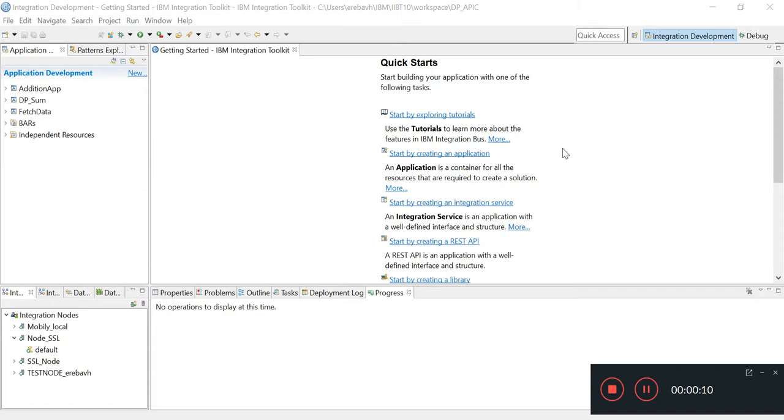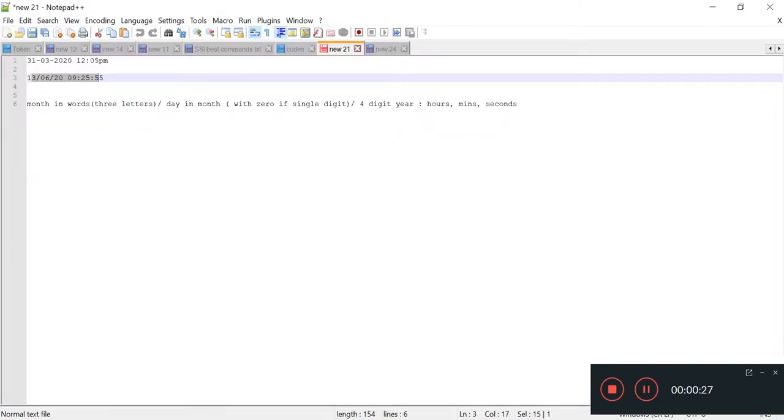So friends, today's class would be dedicated to eSQL code, particularly when we are trying to change a date format. In this video, I will take some sample dates and change them to a particular output format that is required. So friends, it's very simple. Here I'm taking two sample dates and trying to change them to the output date format which is required.